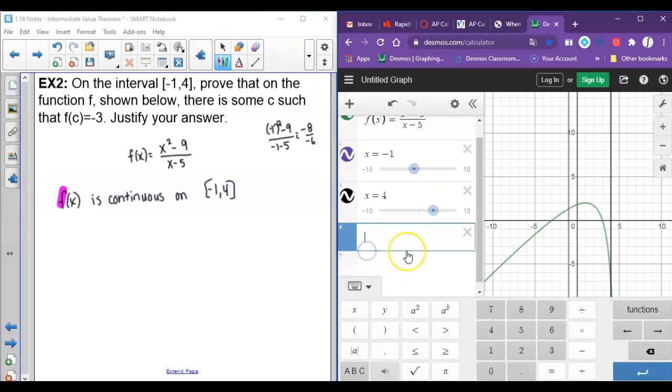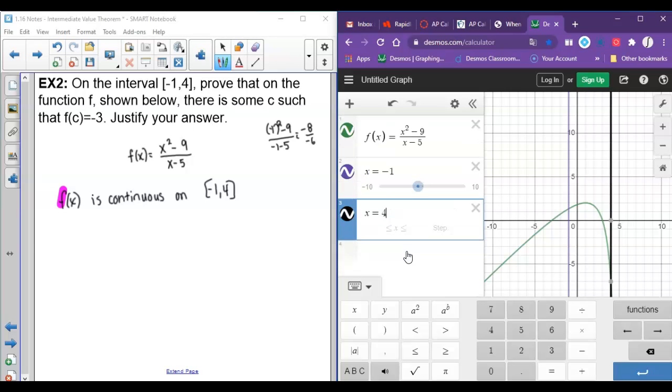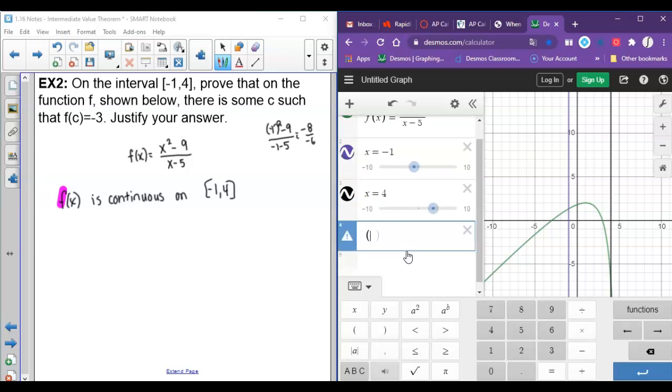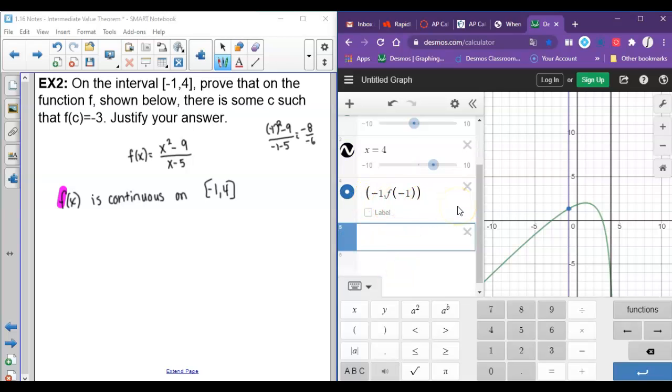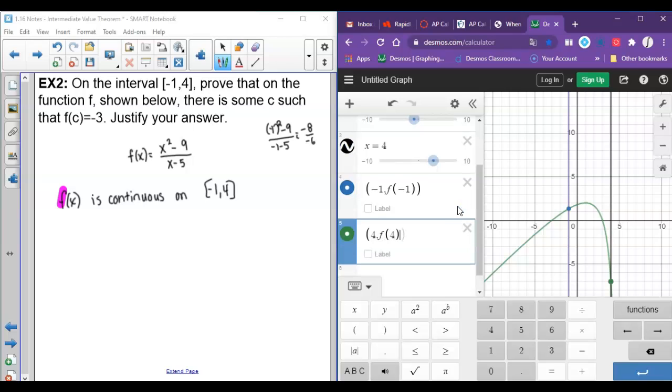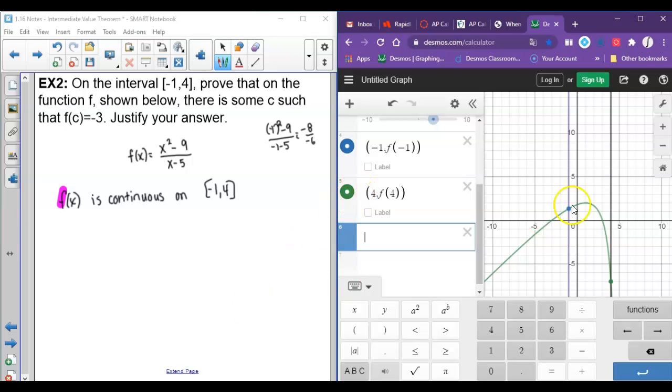If I look over here, I can just type in Desmos. You won't be able to use Desmos on the exam, but it just is kind of nice to see the representation of that here. So there is negative 1, f of negative 1, and we'll also have 4, f of 4. And so whenever we do that, we can see these points pop up right here. And so the question is, is there anywhere where f of c, or you could think of that as your y value, equals -3? If I type in y equals -3,